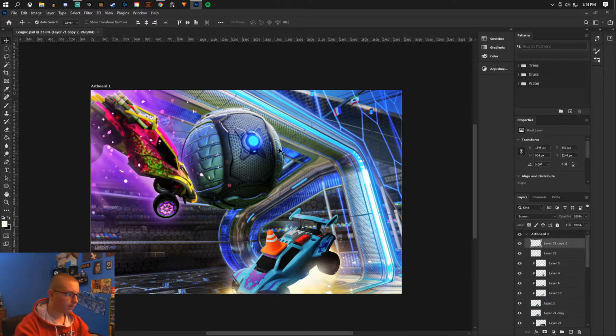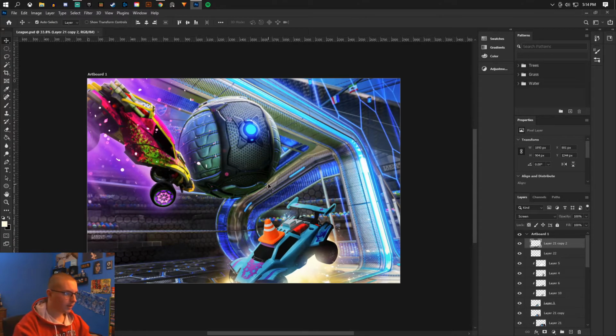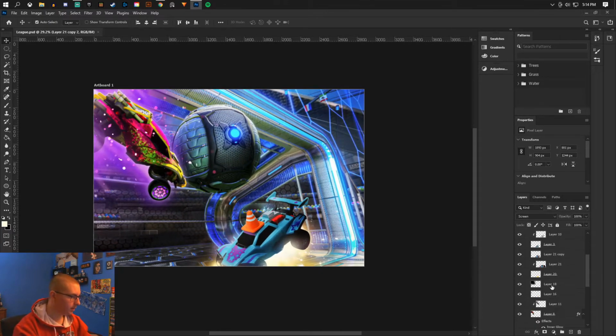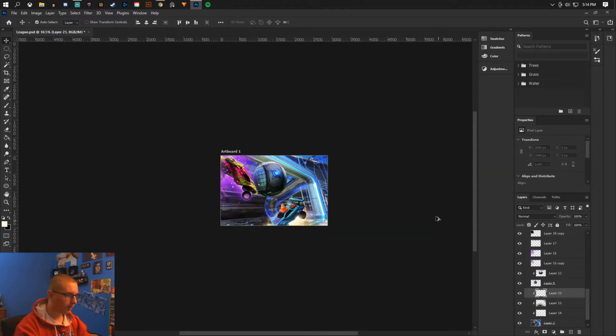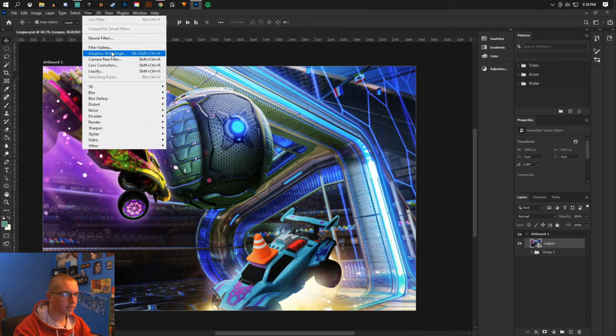So now that we have that, we have two definite good colors. We have the ball going in. This is like an action-packed moment. So now what I'm gonna do is do a little bit more shading on the background, just because I think it could look better. Alright, so now once you have the flattened layer, so you just click filter, camera raw filter,